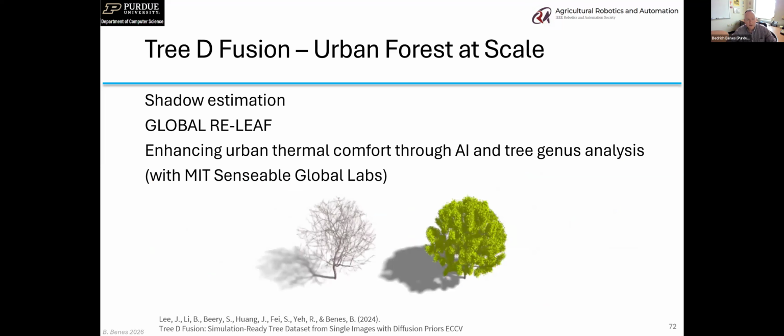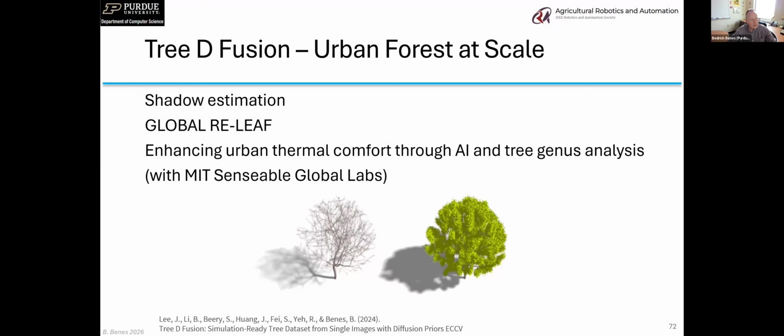for interesting things. Our collaborators at MIT ran an experiment where they were looking at thermal comfort through cities. Once you know the crown area, and we know it pretty well, you can estimate the amount of shade and you can calculate, for example, if you go from location A, that may be your house, to the nearest supermarket, what is the optimal path, whether it is important to plant some trees in different areas, or what kind of trees should be planted, how tall should they